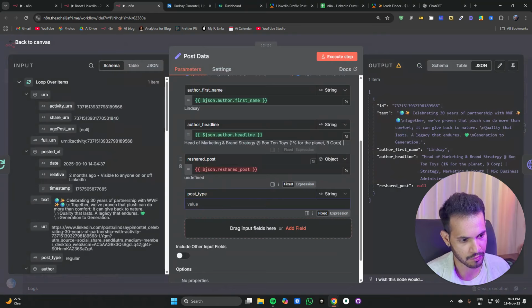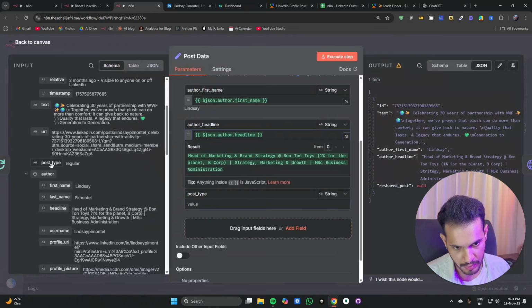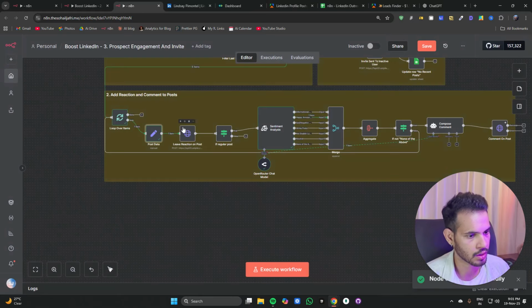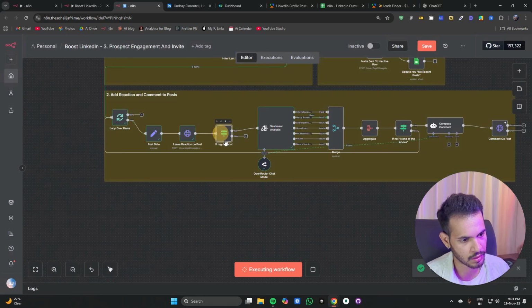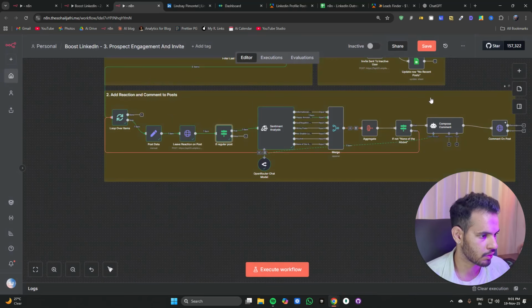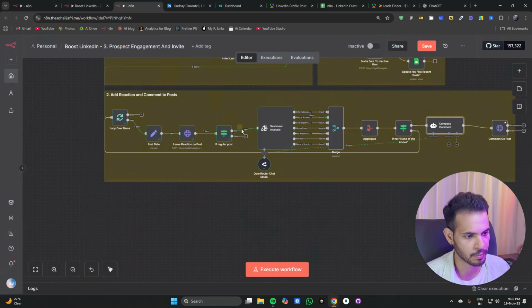It will be post type, and it will be coming from this part, post type, and I will move this bit up. I will hit again, and I will do this part, leave comment, and then this. Okay, now it's working. Perfect. It's a regular post. Now I will do semantic analysis and again try to run this part, but before that